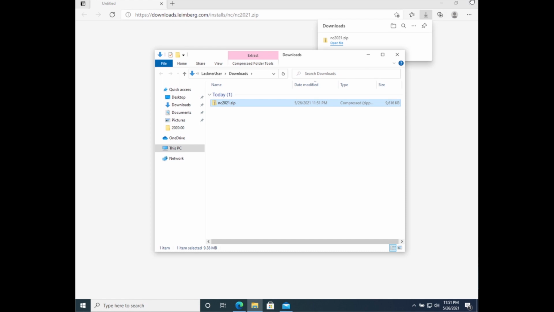NumberCruncher is a pretty small download. It downloads right away, and you're going to notice that with Microsoft Edge, the download indicator is right up here on the top right. I'm going to go ahead and look at my downloaded file, click on my folder icon, and that's going to bring me to the downloaded file. I'm going to go ahead and close Microsoft Edge,